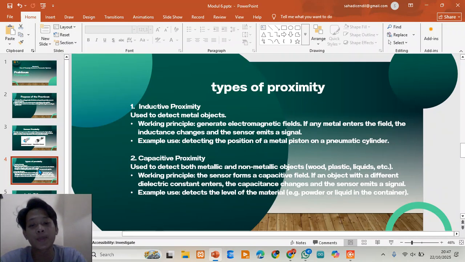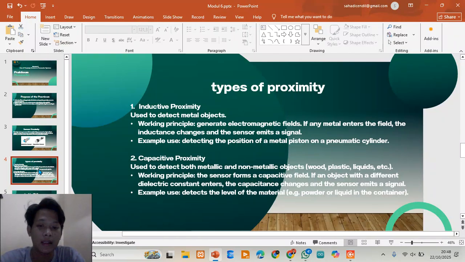Meanwhile, a capacitive proximity sensor can detect both metallic and non-metallic materials such as wood, plastic, glass, or even liquid.